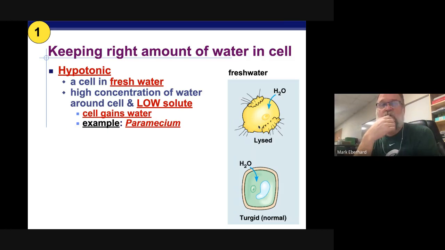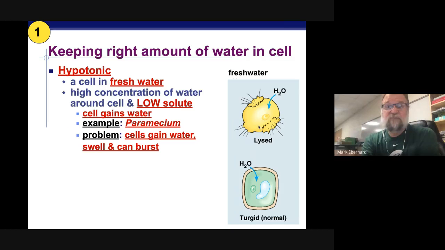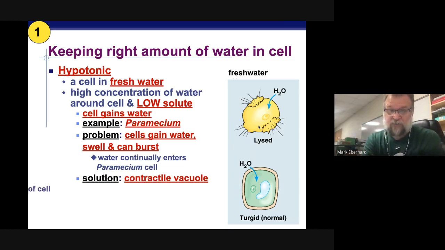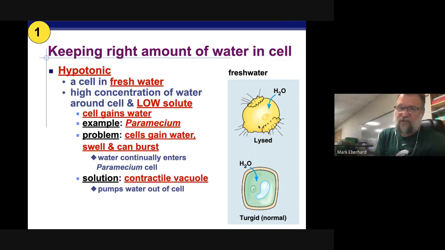An example of an organism that has learned to deal with this is the paramecium, which we've mentioned before. Their problem is they live in freshwater ponds where they would continually gain water. And if they didn't have a solution, they would end up swelling and bursting, just like this yellow cell here. But as you may recall, parameciums have a way to counteract that. They have something called a contractile vacuole, which allows them to pump the extra water out and keeps them from